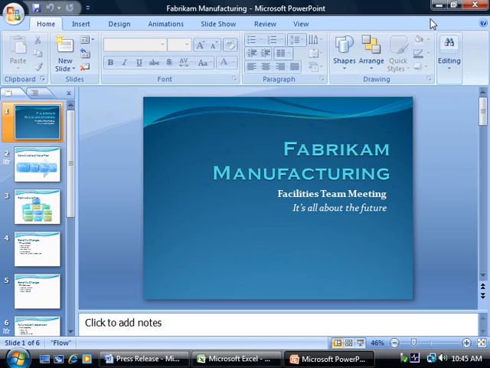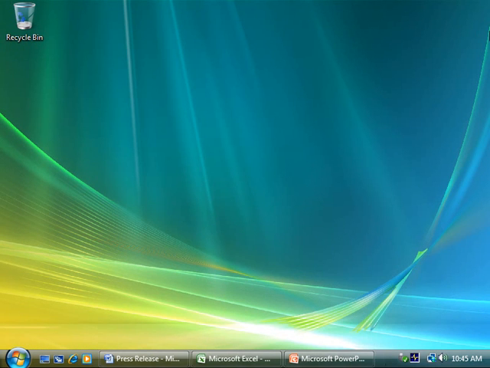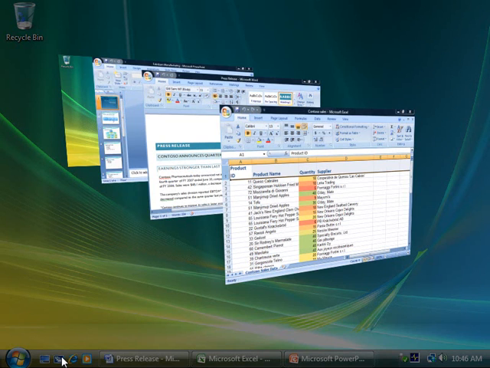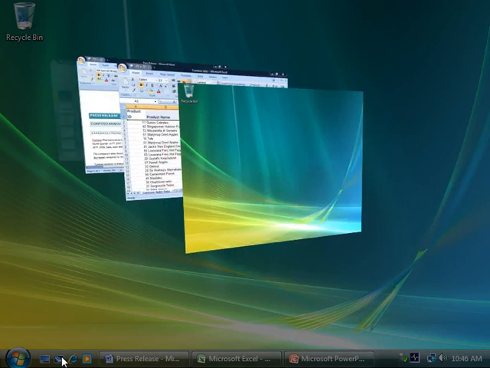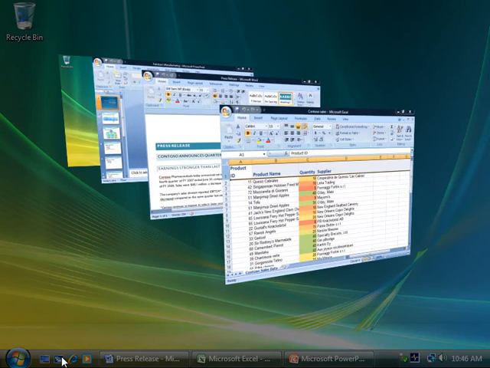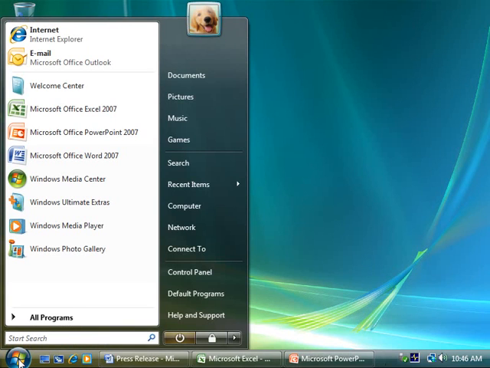If I want to see all my files open at once, here's a neat new way that Windows lets me do that. I just click the Switch Between Windows button on the taskbar, and I get Windows Flip 3D, a new view of all the windows that are open on my computer. Then I can flip through the windows using the scroll wheel on my mouse. I see now that the Office file I want isn't open, so I'll go to the Start menu and click